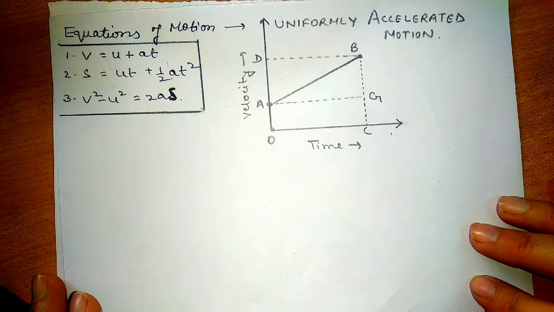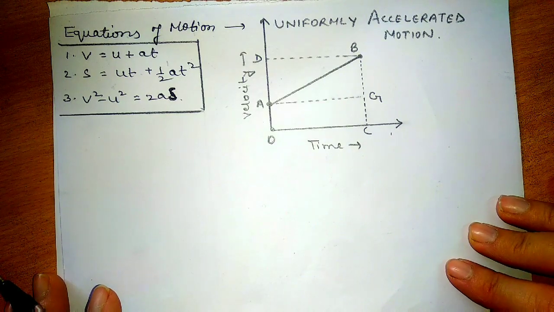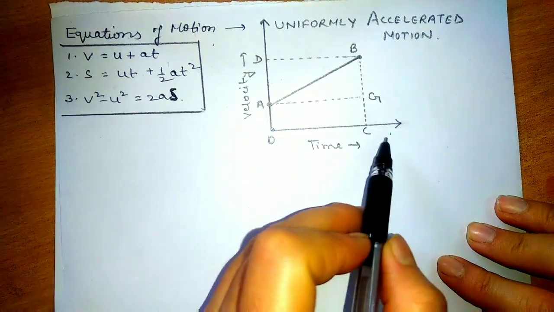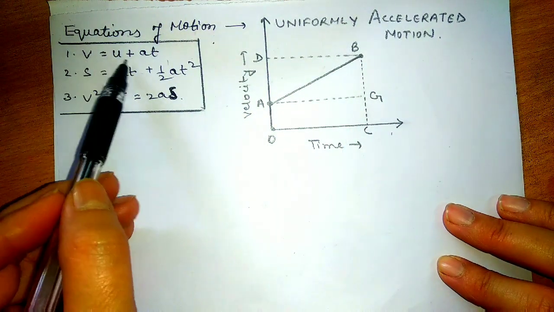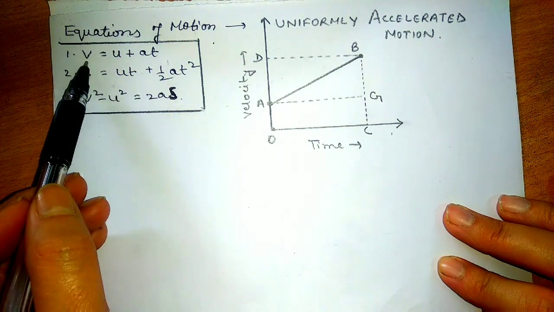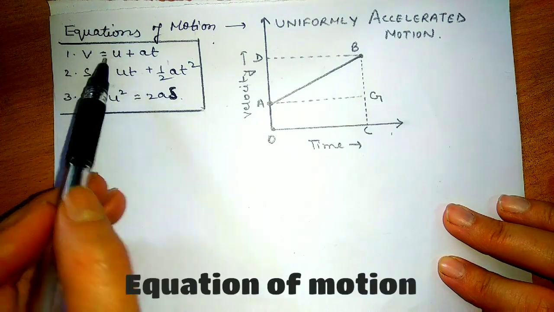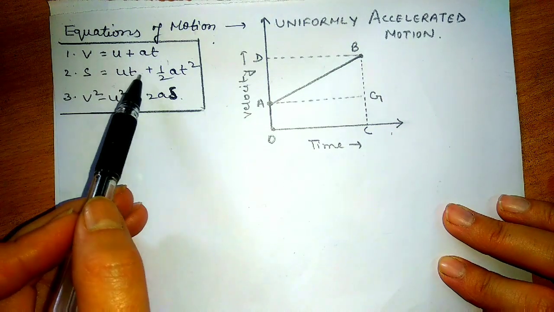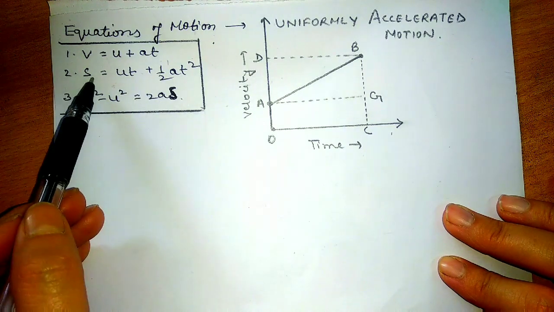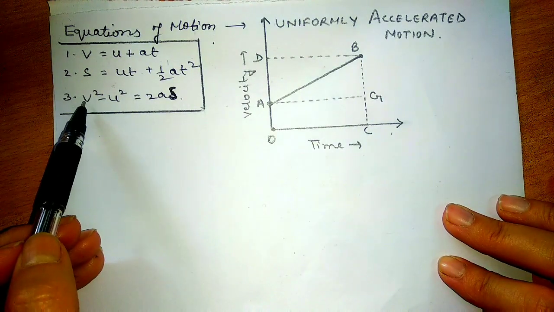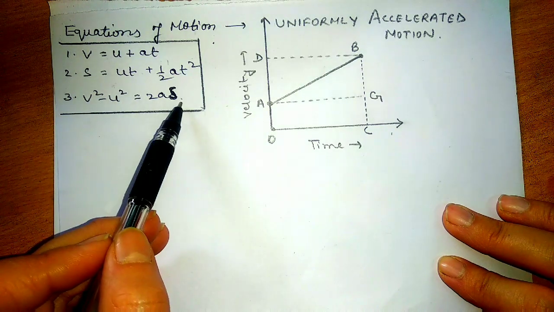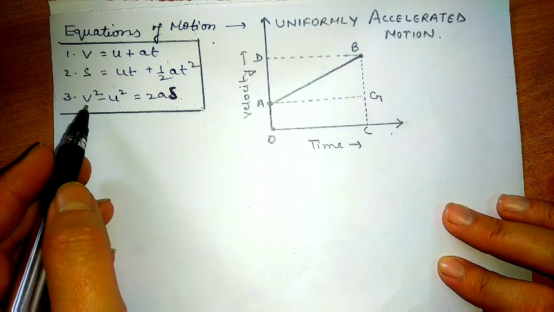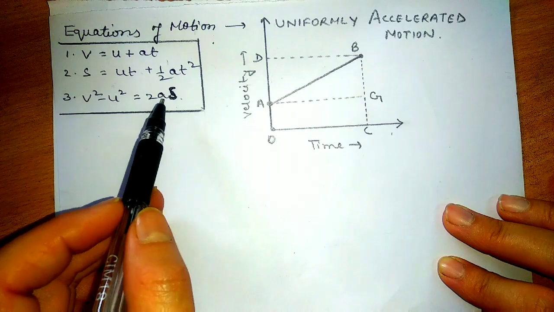So today in the series of quick revision class 9th motion, we'll discuss the three equations of motion and their graphical derivation. First is v = u + at, where v is final speed, u is initial speed, a is acceleration and t is the time taken. Second is s = ut + half at square, where s is the distance travelled by the object. And the third equation is v square minus u square = 2as. So again s is the distance travelled. So u is initial velocity, v final velocity, a acceleration, t time, and s is distance.